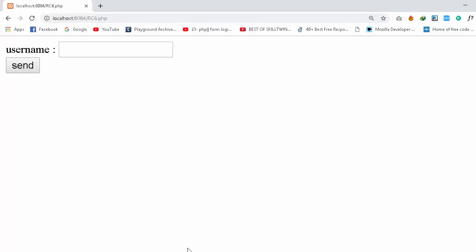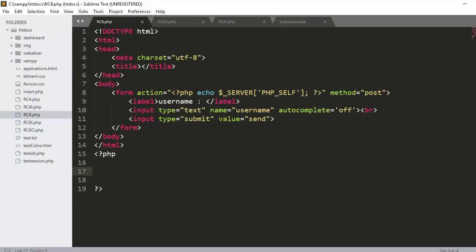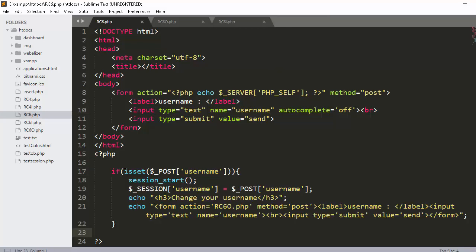rc6.php. I have a form in rc6. You have a form with the action $_SERVER['PHP_SELF'] to send the data to the same page, and the method is post. I have a label username and an input with the name username. I will send this information to create a session. So I will check if I have a value for the key username in the $_POST array. I will start the session, and I will create a new session with the value that the user entered in the input, for the username key in the $_SESSION array, and I will propose to the user to